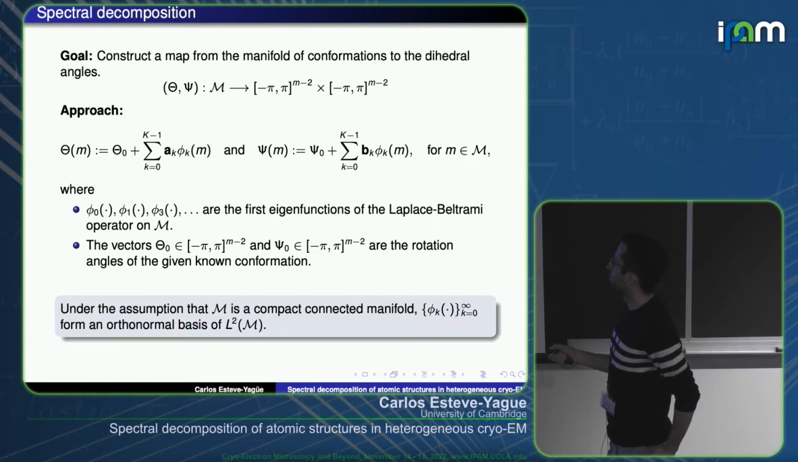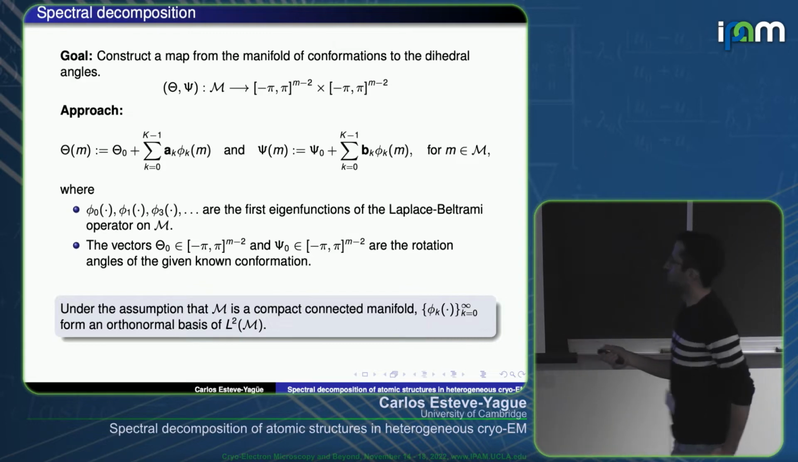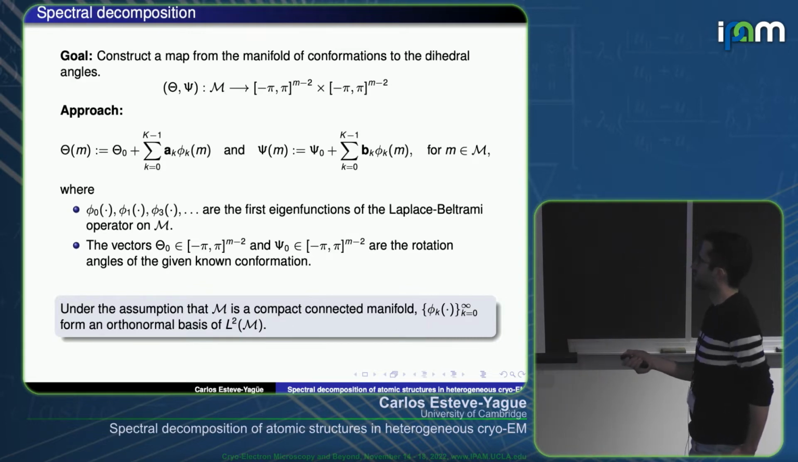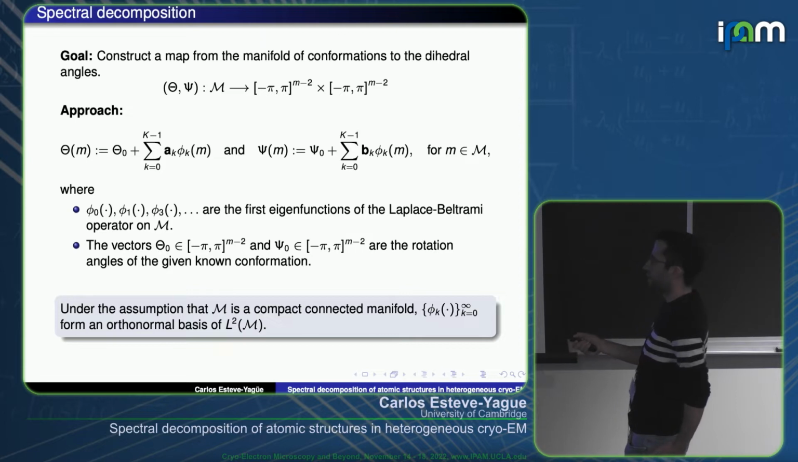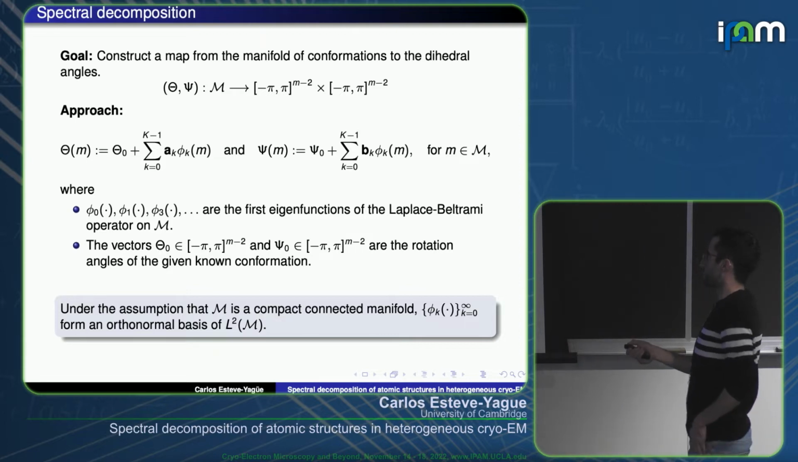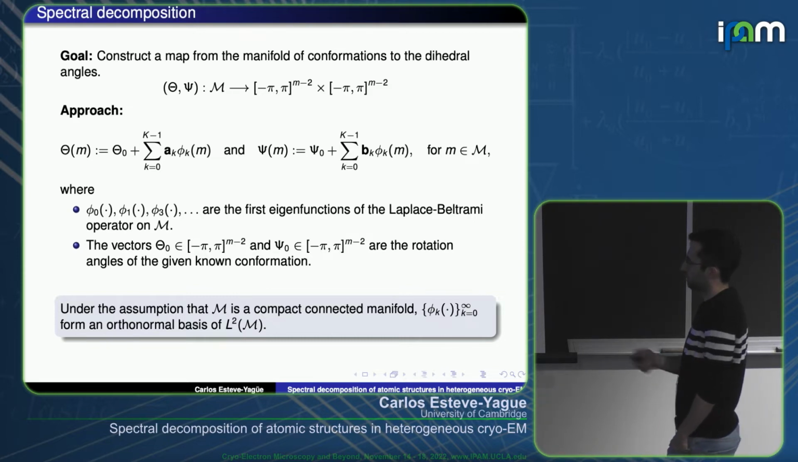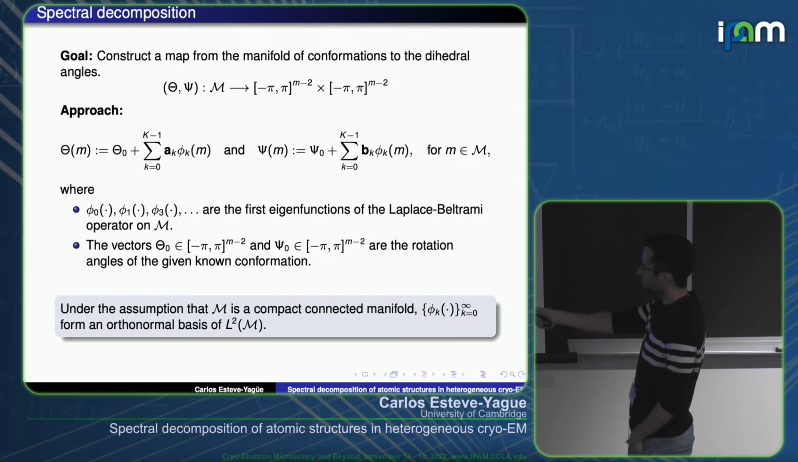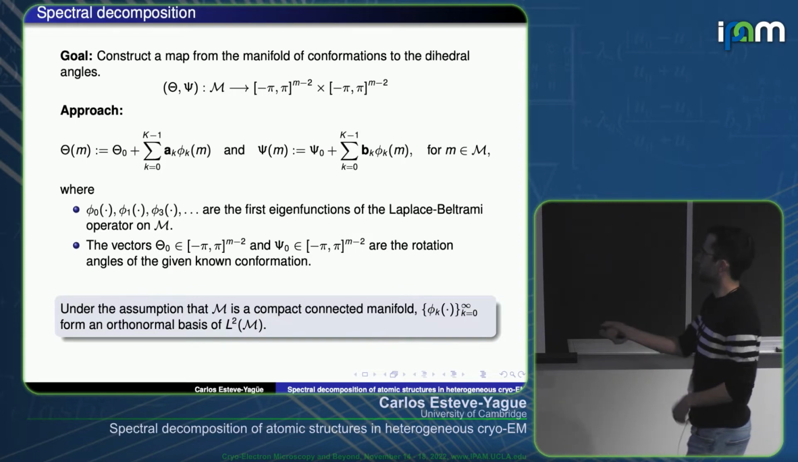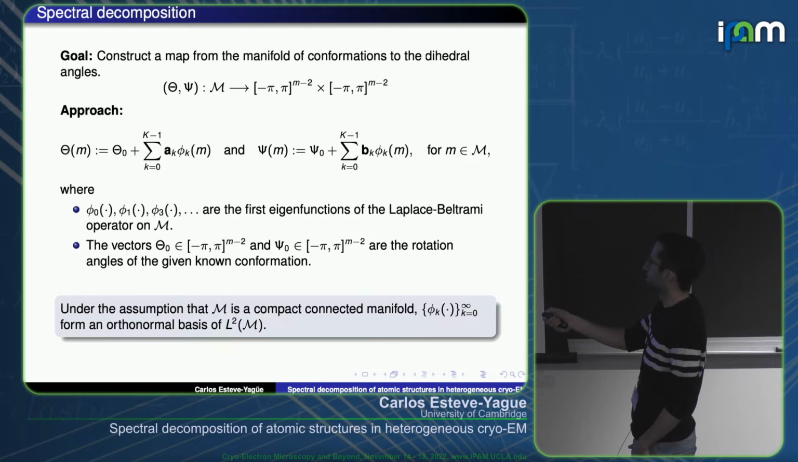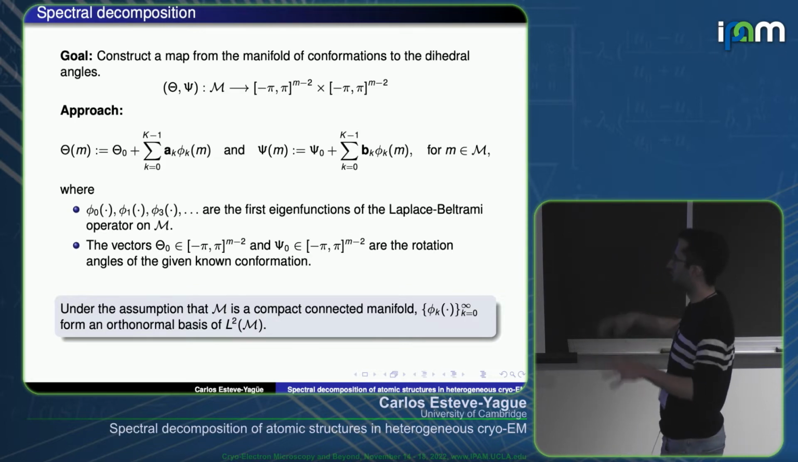And we are going to estimate these functions, theta and psi, as a linear combination of the eigenfunctions of the Laplace-Beltrami operator defined on the manifold. And this idea is like a generalization of expanding these functions in Fourier series, just that instead of a Euclidean space here, we have some manifold that we don't know,